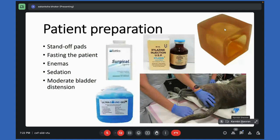If the animal is very obstipated, we can go for enemas to evacuate, but this needs to be done at least a day before examination. Sedation, as I have already told, can be used for very aggressive patients. And one thing which is not in our control, but we can make sure, is that the animal should drink some water and be kept waiting for some time with the owner so that it does not urinate,